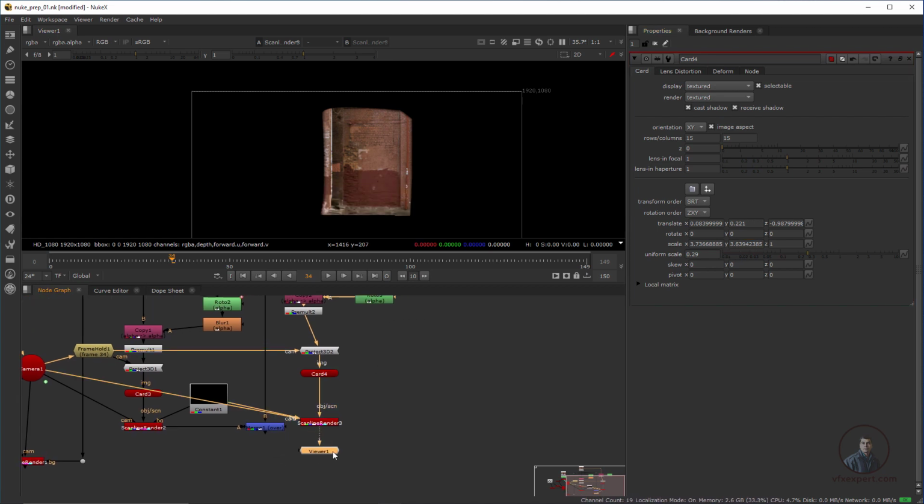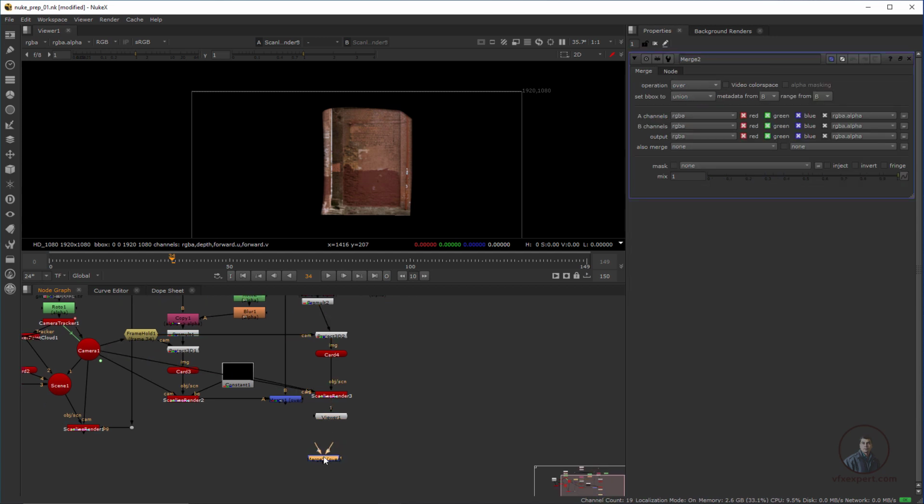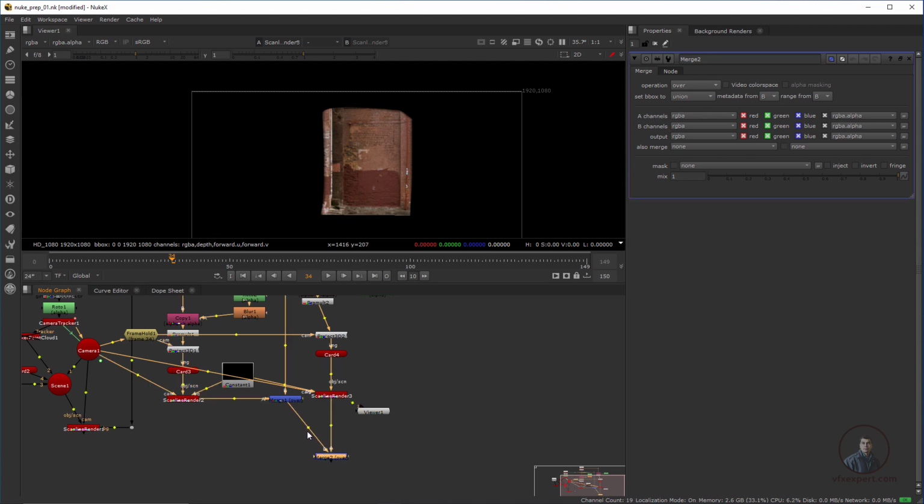Now after this, finally we have to take a final merge node, press M here. This total output, whatever you have cleaned before, will be our background, and this new scanline render will be our foreground here. Then again hold Control and adjust it a little bit here so you can understand easily. Now view this final output, again press 1 here.